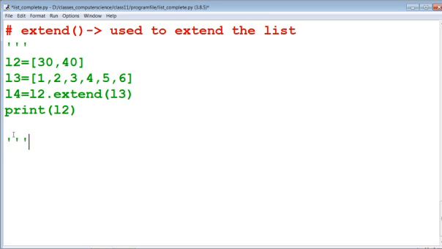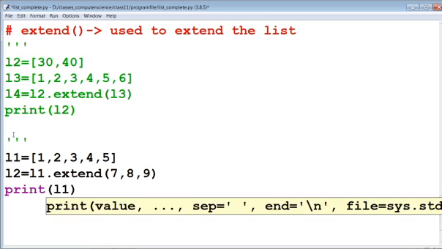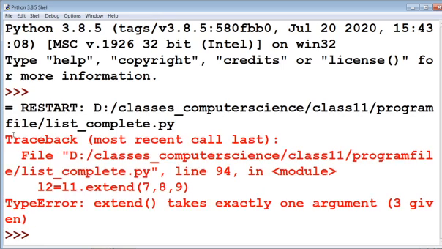Now if we want to extend the list, like L1 equal to 1, 2, 3, 4, 5 and we are going to extend, L2 equal to L1 dot extend 7, 8, 9. Now print.